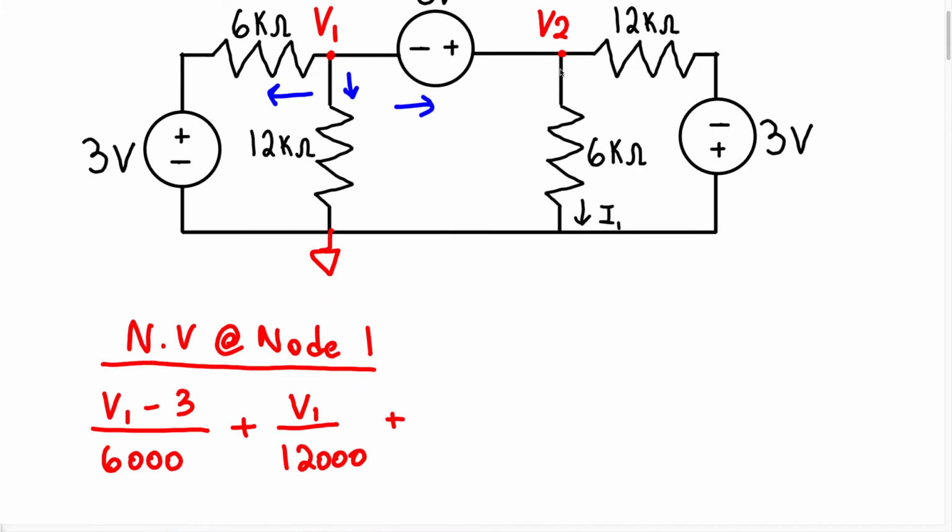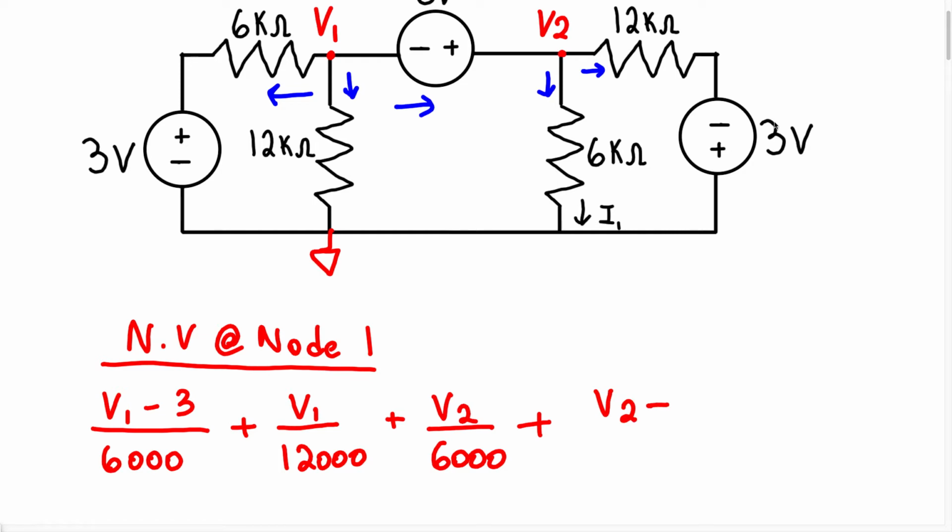So we're going to have the current flowing in this direction and the current flowing in this direction. So we're going to have V2 over this resistor, which is 6,000, plus